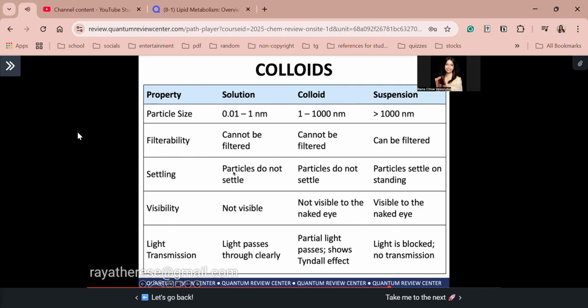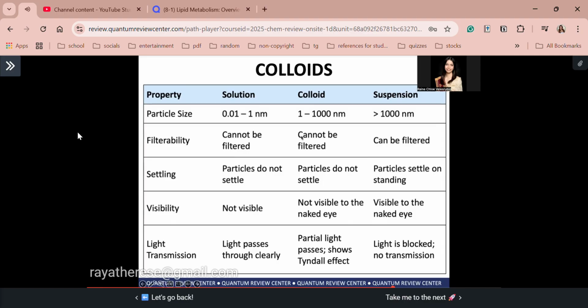In terms of settling, so for solutions, the particles do not settle. Ganun din for colloids. But suspensions, the particles settle when they are made to stand. And then, the particles are not visible in solutions. For colloids, it is not visible to the naked eye. Pero for suspensions, it is visible to the naked eye. And then for light transmission, again, for solution, light passes through clearly, di ba? For suspension, light is blocked. There is no transmission. For colloids, however, we have the Tyndall effect where partial light passes and some of the